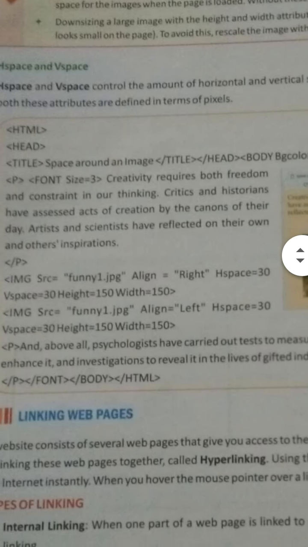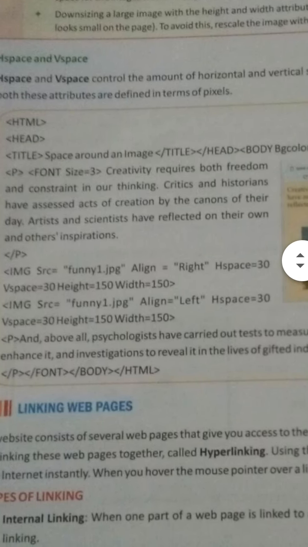After that, one paragraph is written: Creativity requires up to inspirations. After this paragraph, img tag is given. Img src equal funny1.jpg. This is the name of the image which we are inserting in our web page.